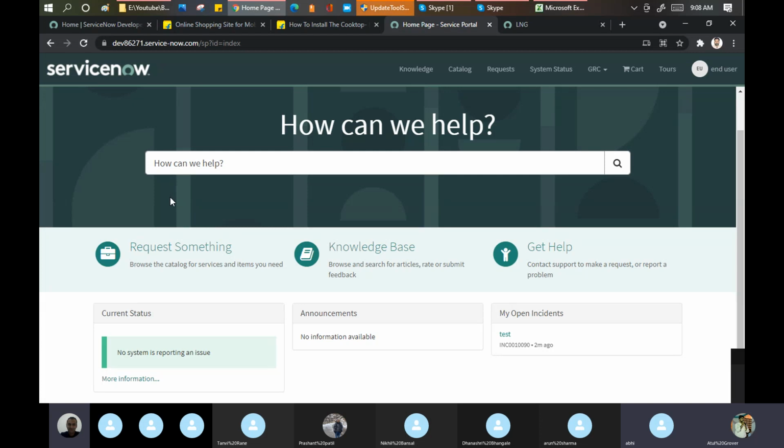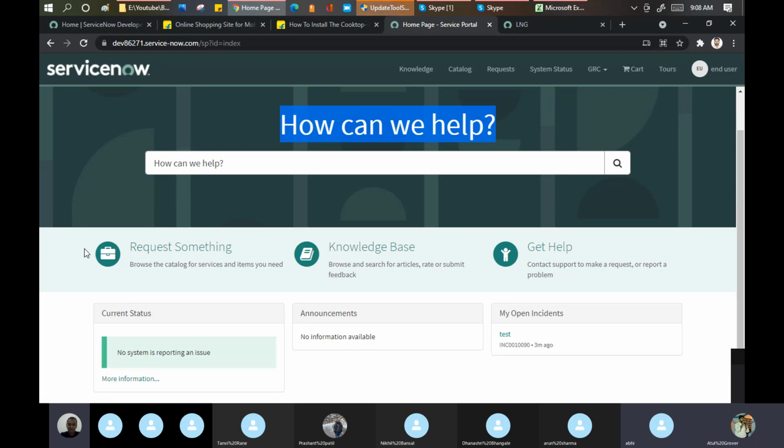It works on coding, complete scripting, and for this you should know Jelly, or I guess AngularJS. But what I will teach you is the minimum we can bring here: how to change the background image, how to change the text.